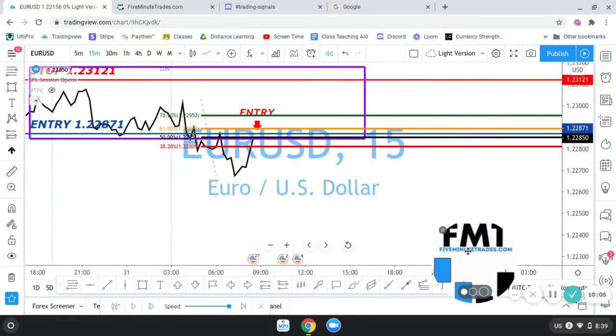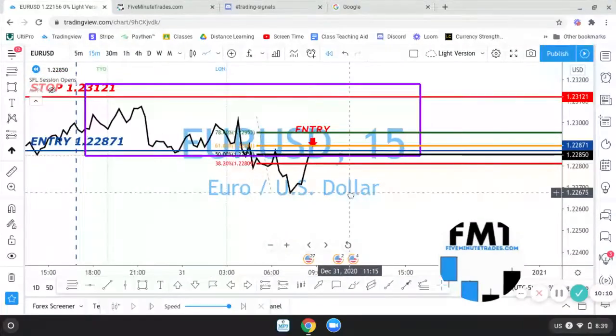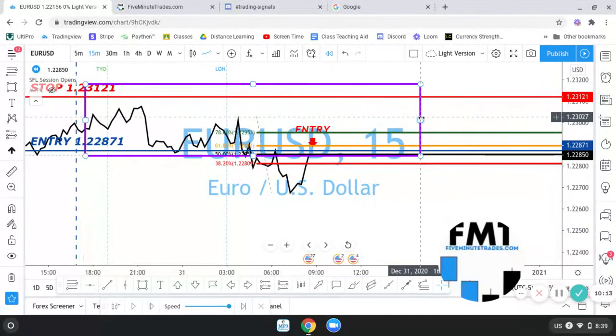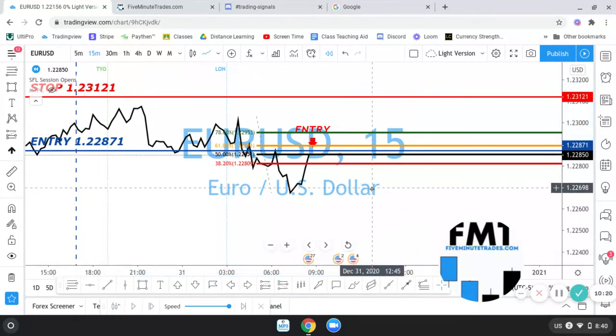Don't forget to check out 5minutetrades.com. All right, so let's clear up some of this. We don't need this box anymore because it already broke out of the box, out of the range. Timing is very important when you're trading Forex. Keep that in mind. You're not going to get many breakouts during the Asian session. Asian session equals consolidation for the most part, especially on USD pairs. You may have a breakout trading the Australian dollar versus the yen. But for USD pairs, which are the ones I typically trade the most, you can expect not to see much